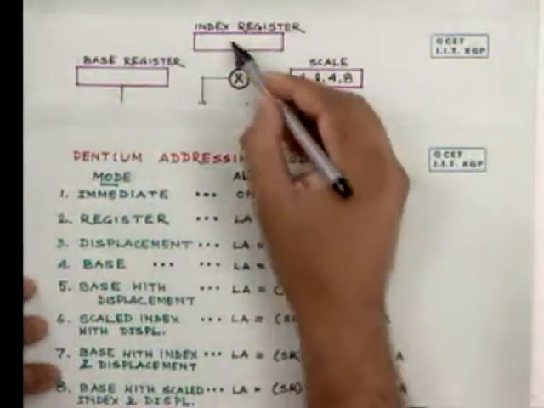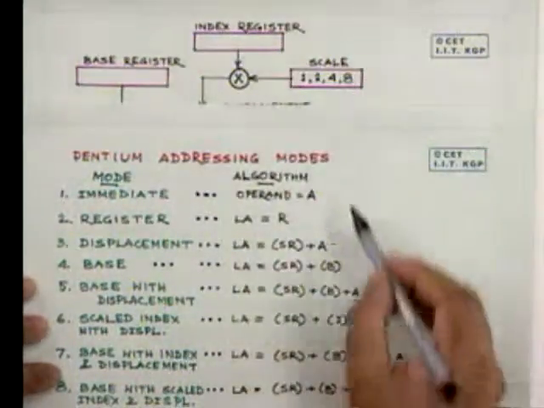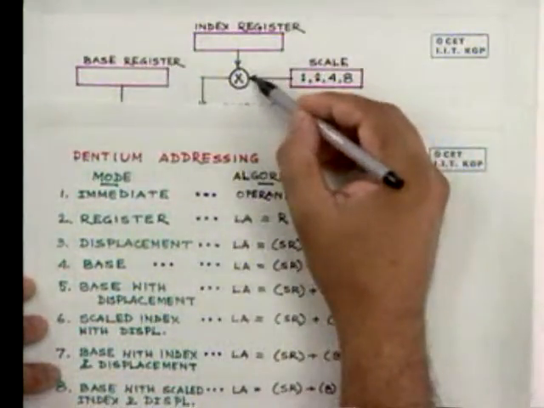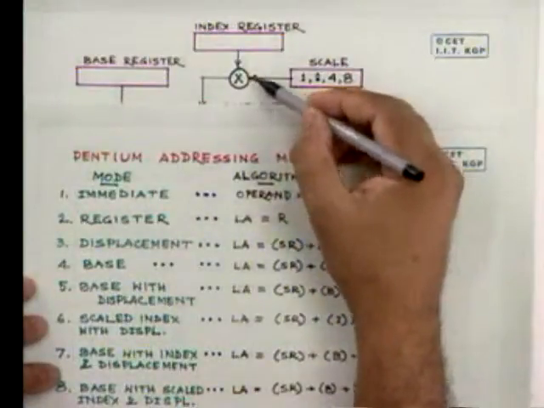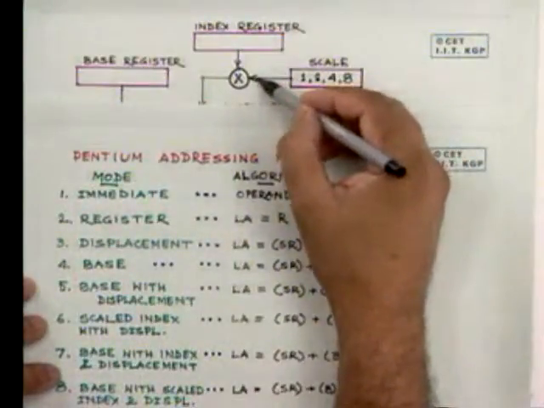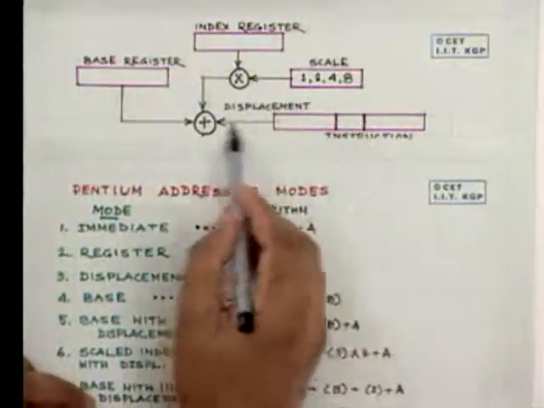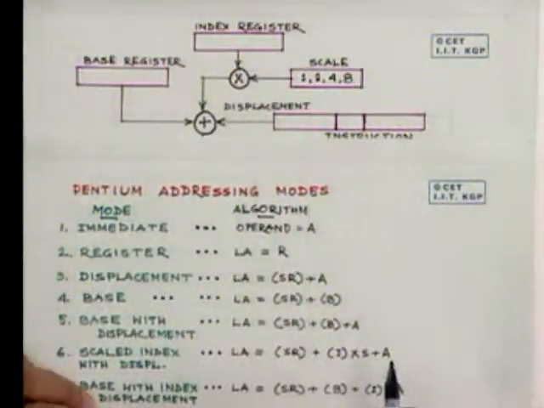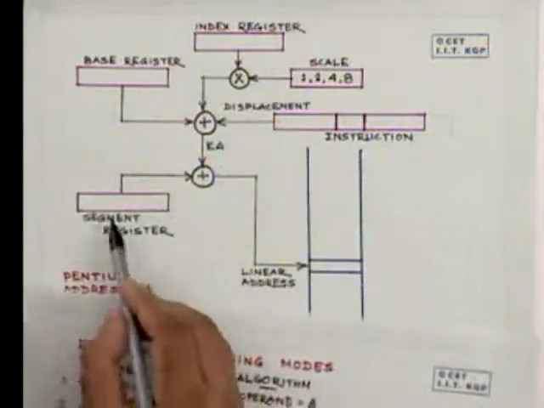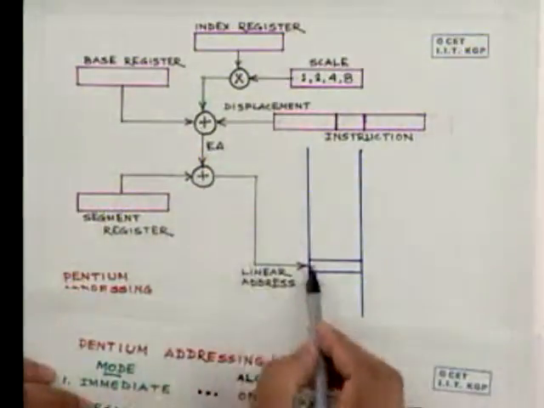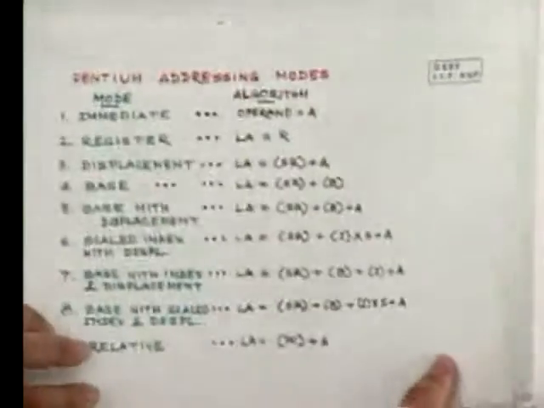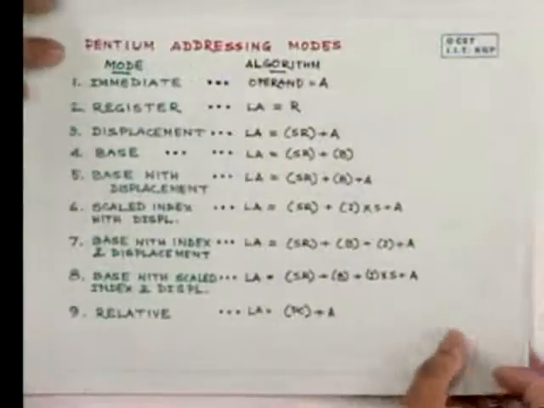Take the content of an index register and multiply it with the scale, the value the scale register provides. Add the displacement from the instruction. Then add the segment register content to get the linear address. Similarly,